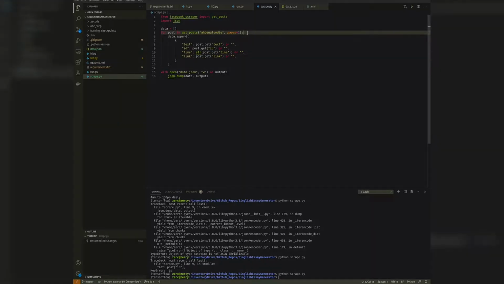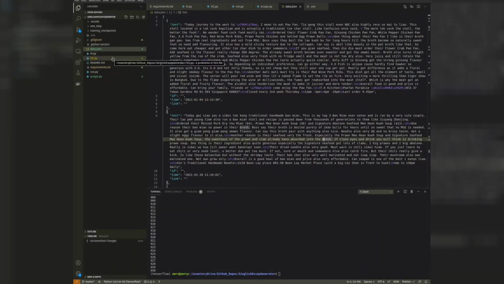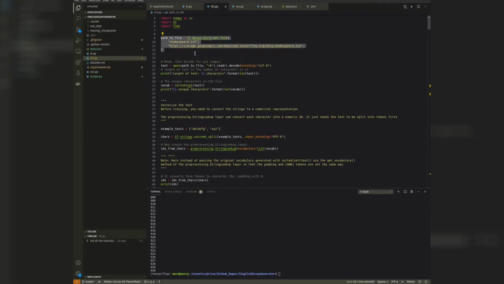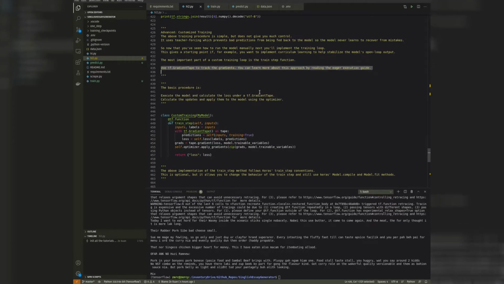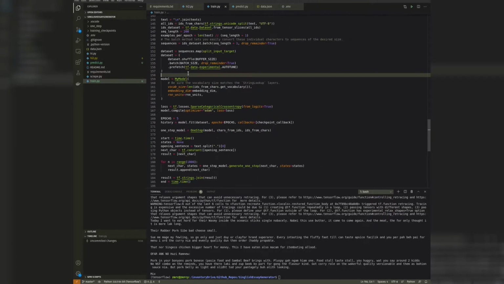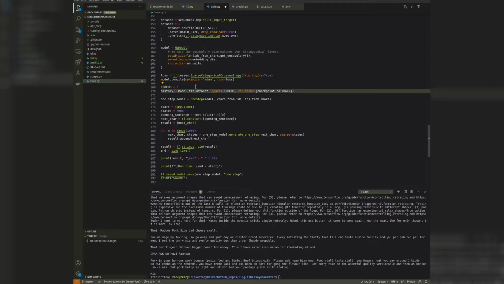After scraping about 900 posts from the Facebook page, which I think is more than enough data points for what I need, the next step was to load the data and clean it up a bit. The first thing I did was filter out the empty data points where there is no text at all.